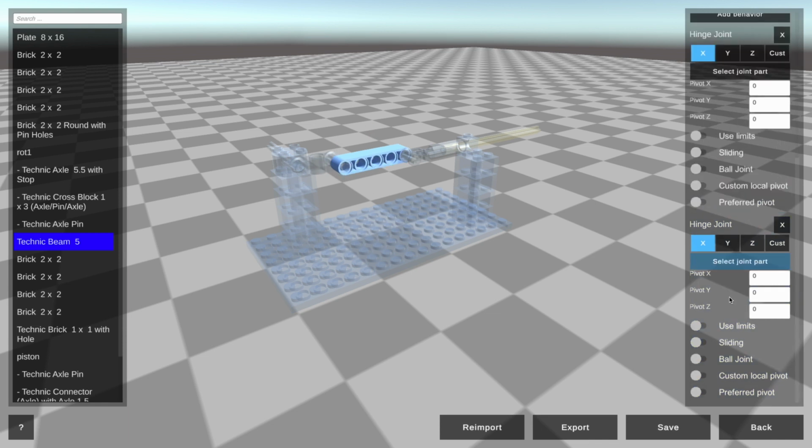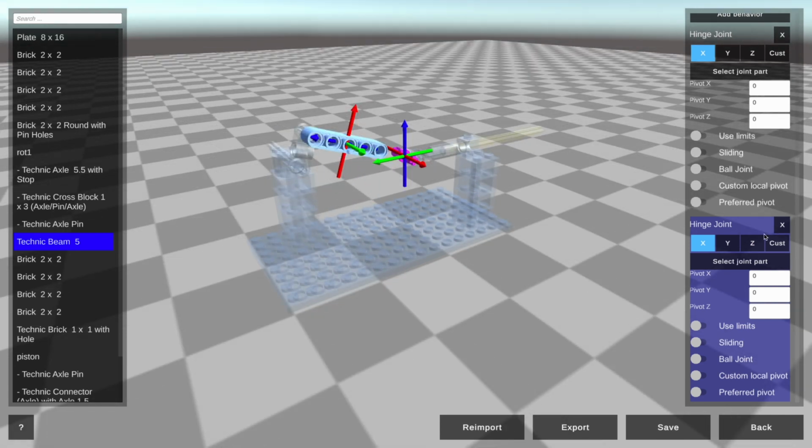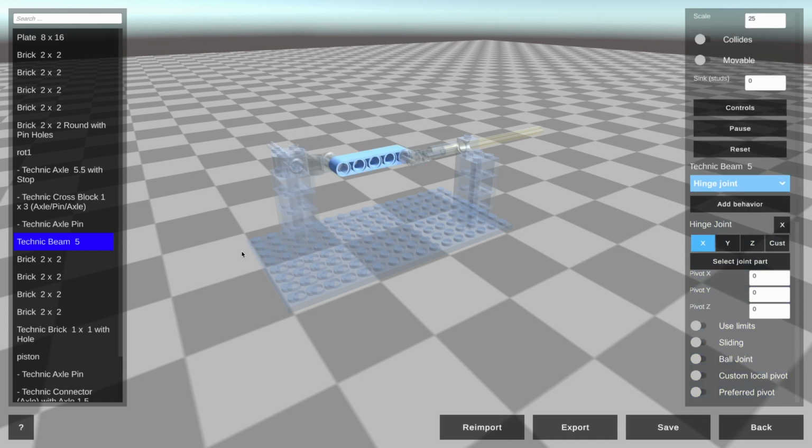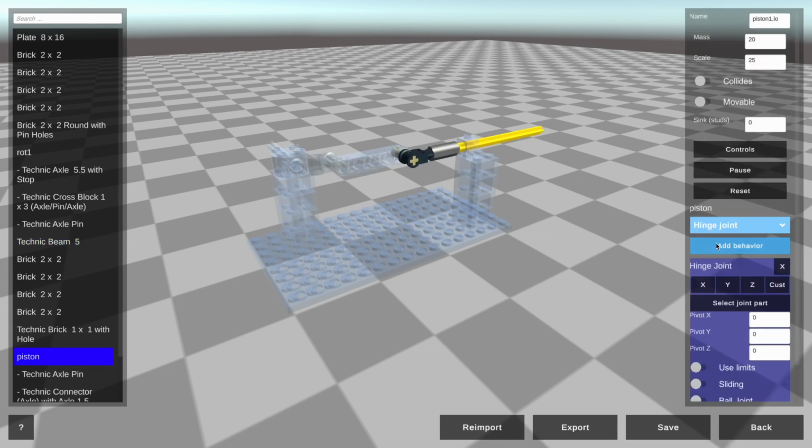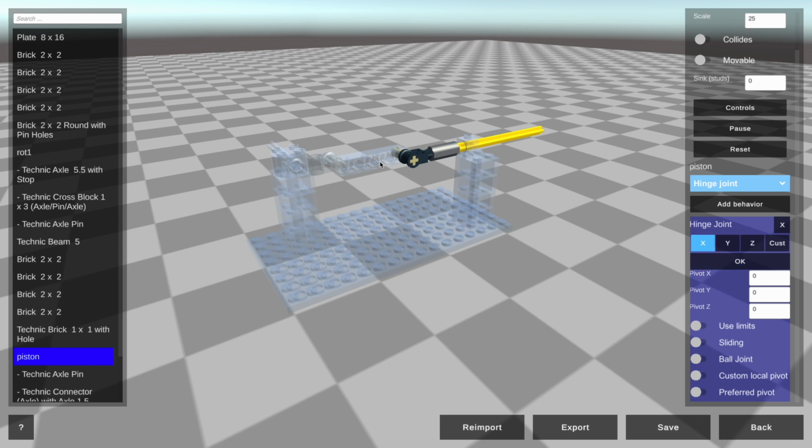Now we can try adding a hinge joint to the connecting pin of the piston. As you can see, the piston is not moved along with the rest. This is because the system doesn't know that the piston submodel can be treated as a moving part. So let's declare the hinge on the piston submodel. This will make it part of the animated hinge system, not treated as a fixed part of the rest of